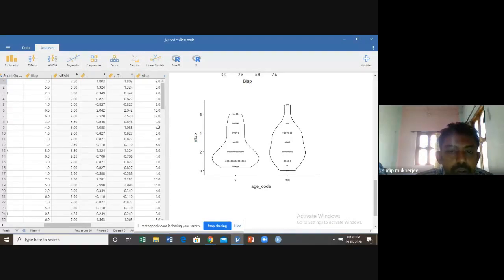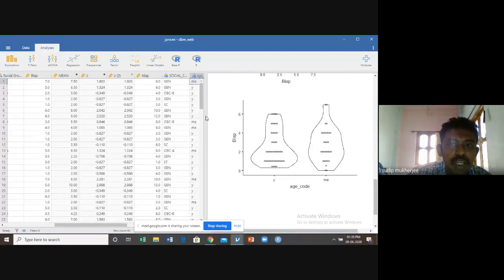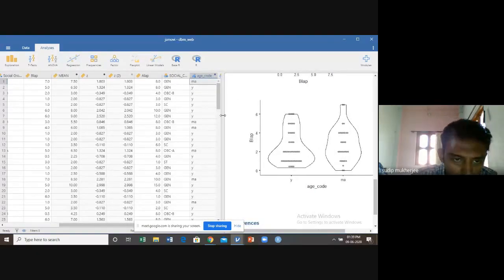And the entire package is in menu-driven option. You have not written any code yet. You have just written only 3 or 4 lines to compute or transform the variables. You just select the variables, you do not have to write anything. So this package is just like SPSS. And the beauty is this is a totally free package.